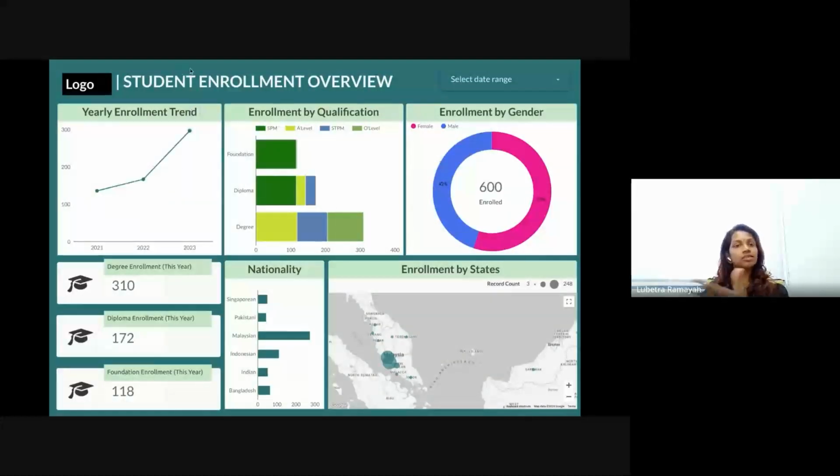The theme and layout are all custom made, so you can change them according to how you want. For example on this page, let's say this shows the yearly enrollment trend. We have 3 years of data from 2021 up to 2023. Let's say now we want to look at only 2023, how is the enrollment of 2023? When we move the cursor to the chart, you can see okay, for year 2022 there are